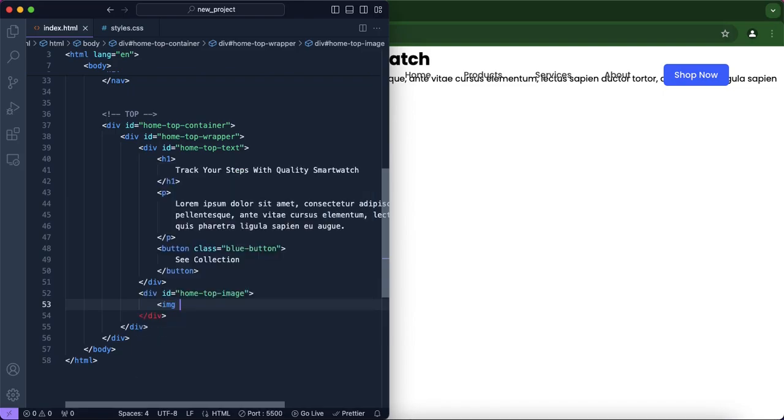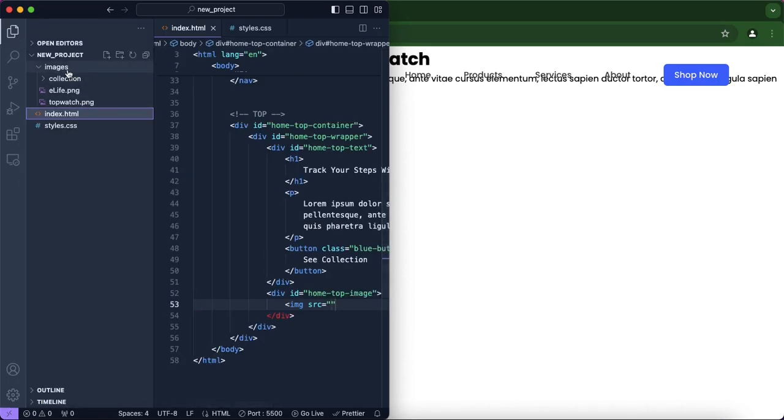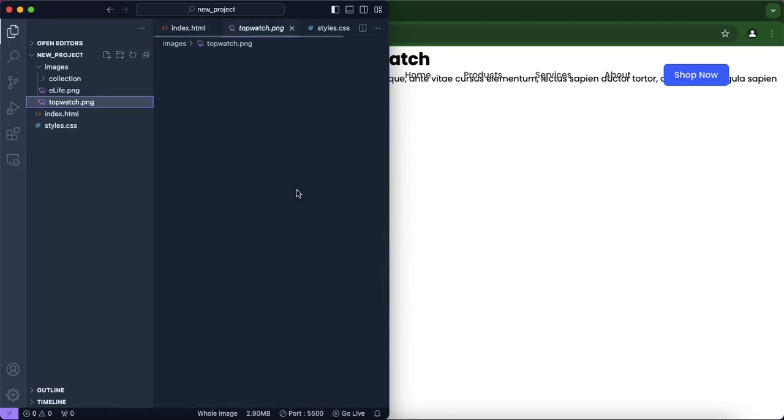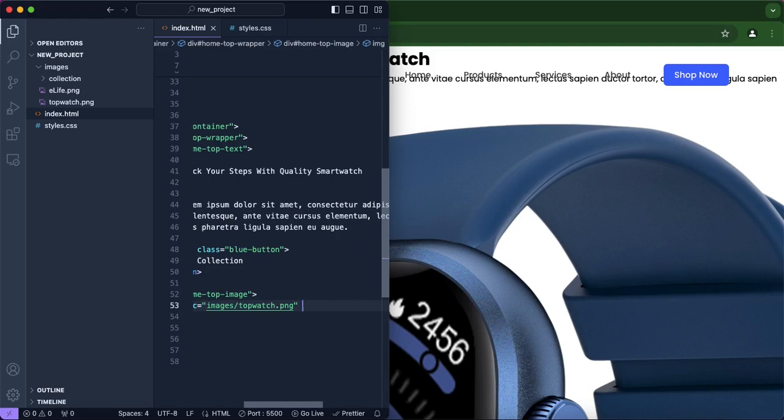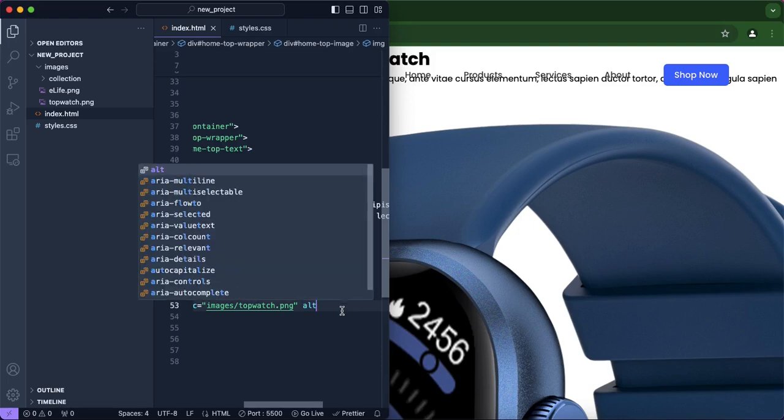Now we'll create an image tag, so we will include the image by typing in source. The source comes from images and top watch PNG, so it's this image right here. Now one more thing that we need to include in our image tag is the alt, which stands for alternative